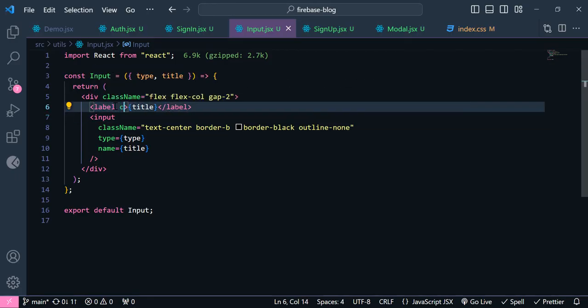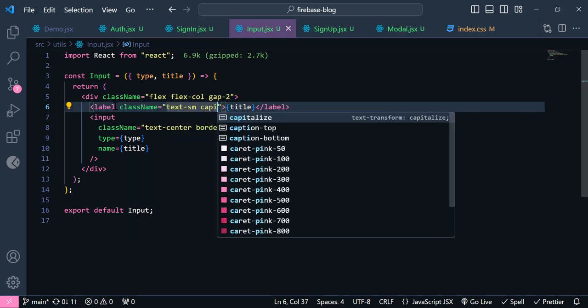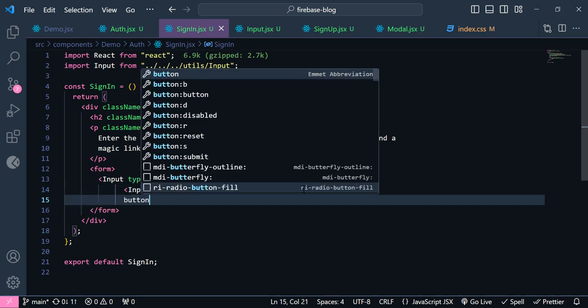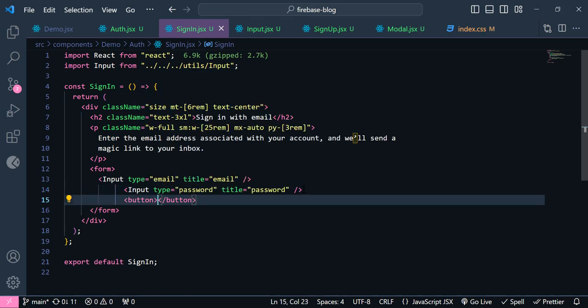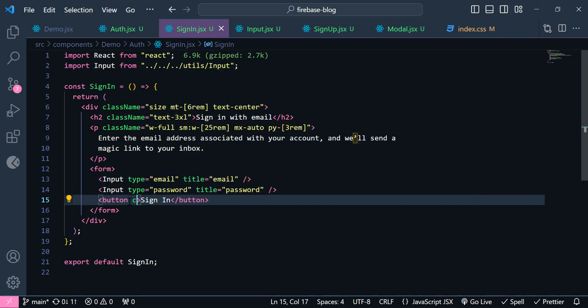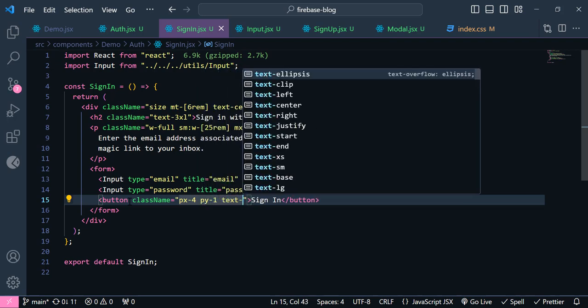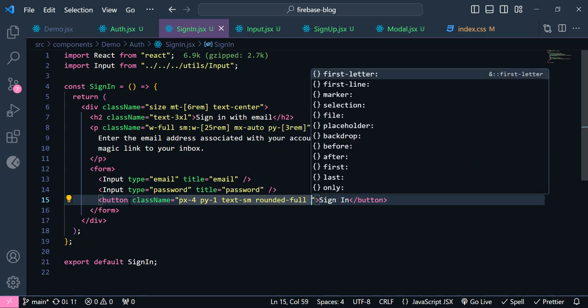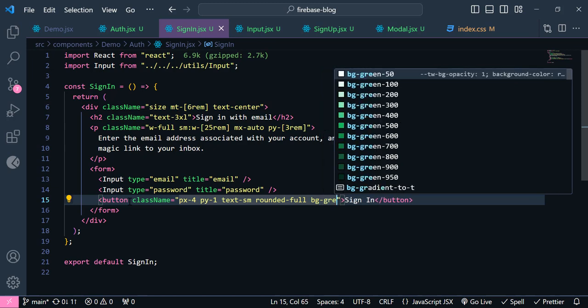Now let's style this label, text small, and it should be capitalized. Now following these inputs, we are going to have a button, and the button is going to be sign in. Now let's style this button also. Class name, we are going to give it a padding x of 4, padding y 1, text is going to be small, rounded full,